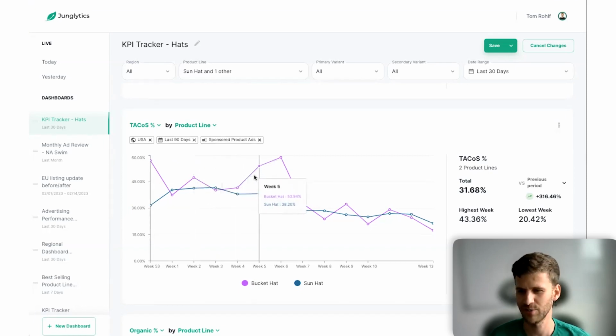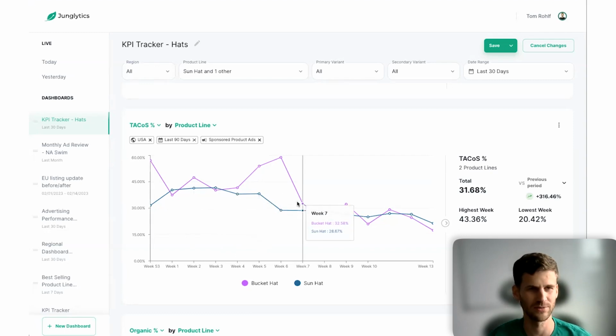So this card is showing me that we're heading in the right direction given the time of year we're at. And we're okay with a pretty high tacos number for these two products still, because it's basically April 1st. It's actually March 30th, but it's right around April 1st. And we try to have these products be profitable and in prime territory for making real profit come May 1st. So we're heading in the right direction with tacos. And we're using Junglelytics to track that over time to make sure that things are heading in the right direction.